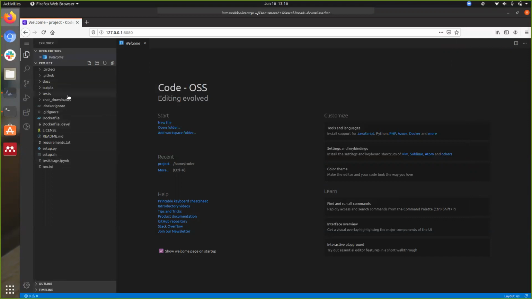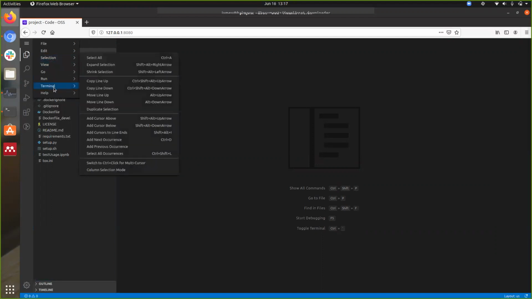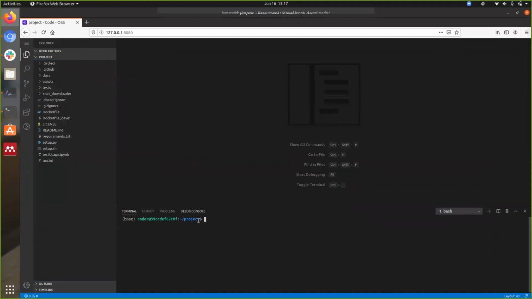Okay. So now we have VS Code up and running. And next, we want to take a look at what type of tests we are running currently and how we can incorporate that into pytest. Let's see if I even have pytest installed. So let's open up a terminal here and type in, well,